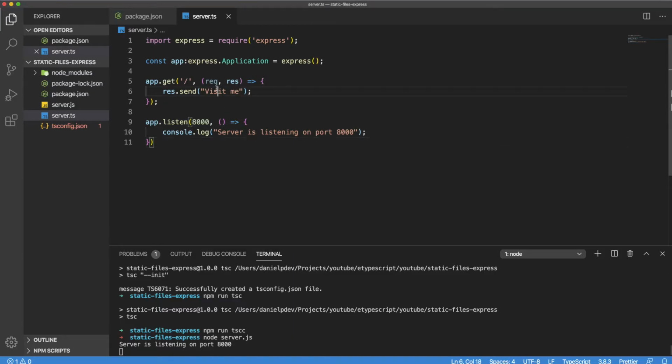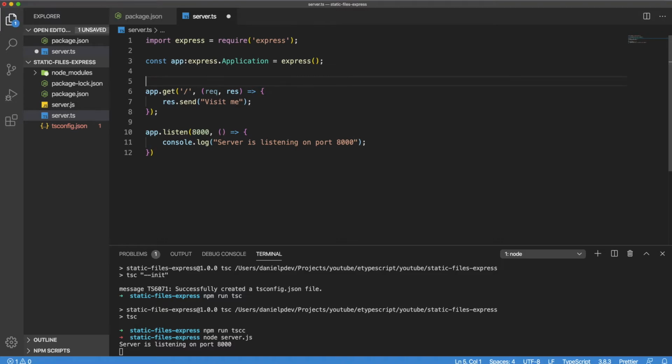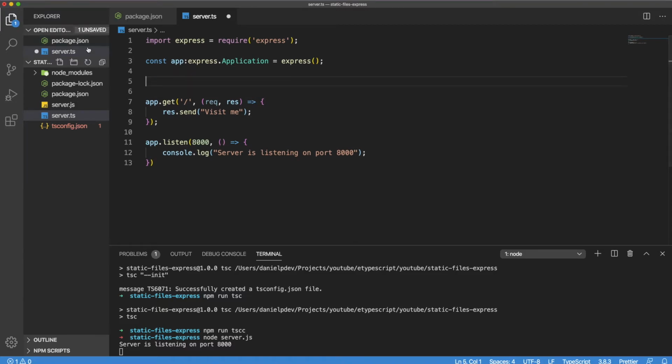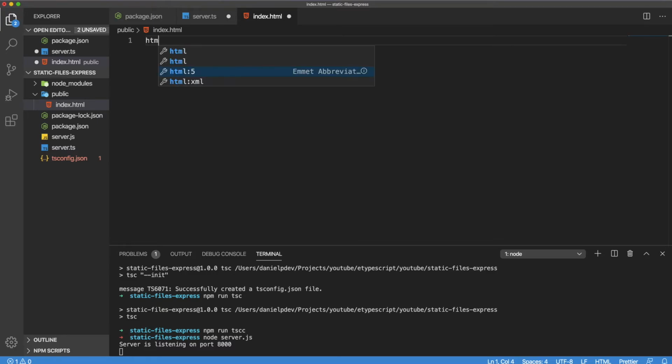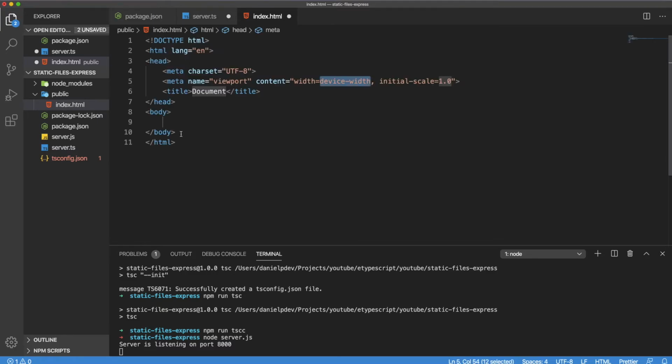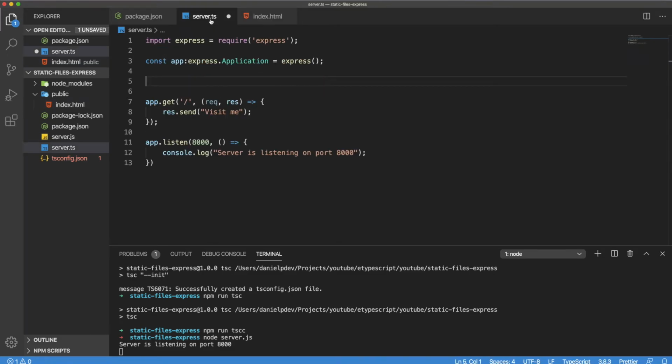we added here. So to serve the static files, let's first create a folder here with the name public. And inside this public folder, let's create a file called index.html and create a simple HTML5 file with text like, I don't know, this just works. Okay, let's save the file and